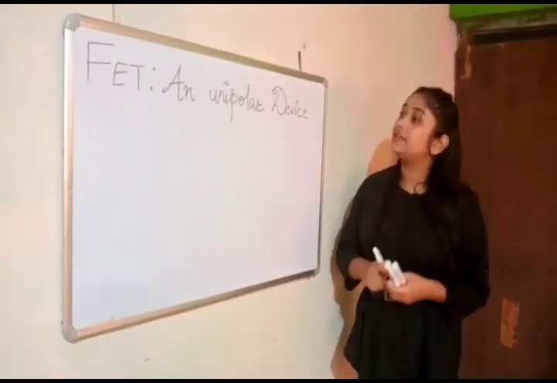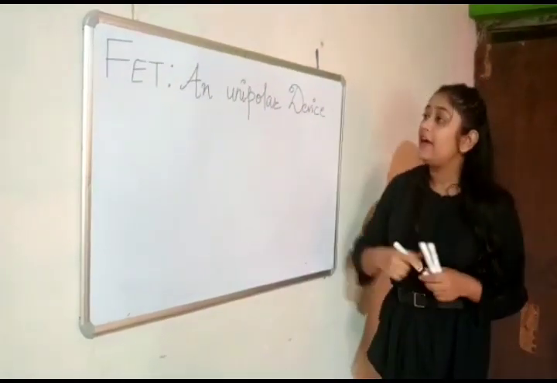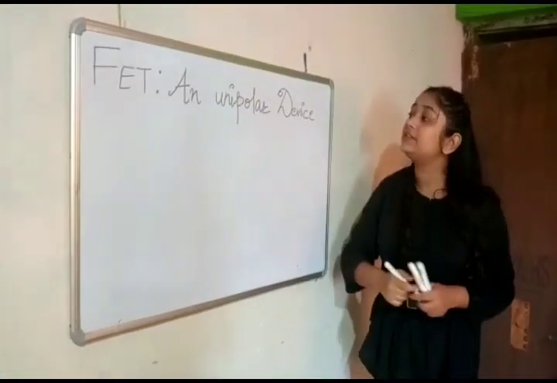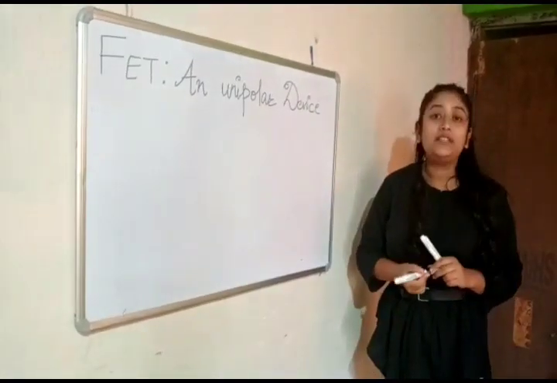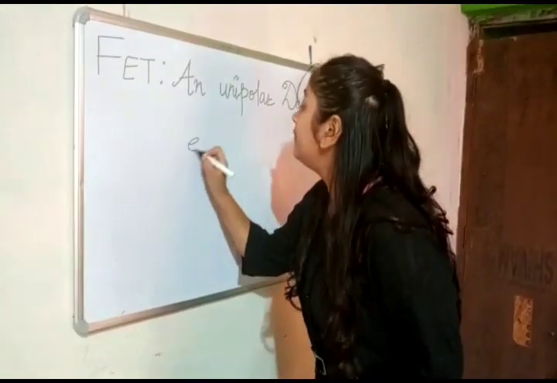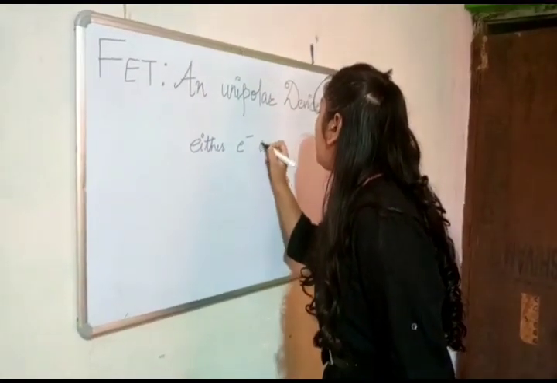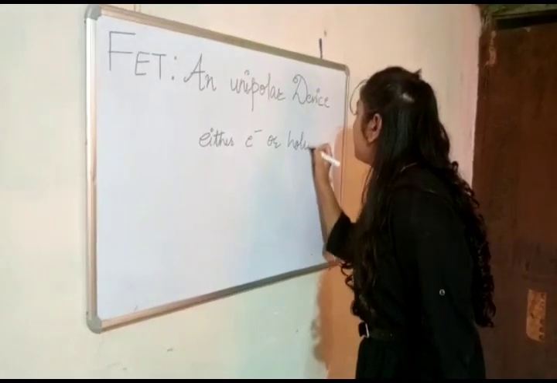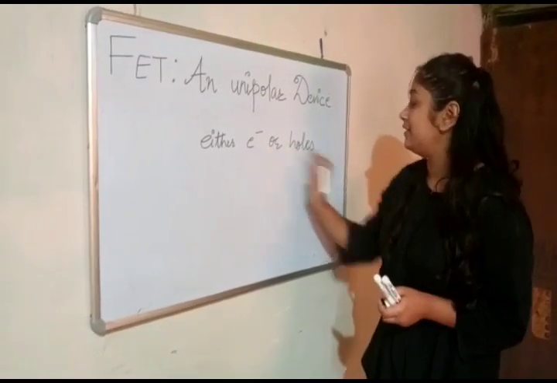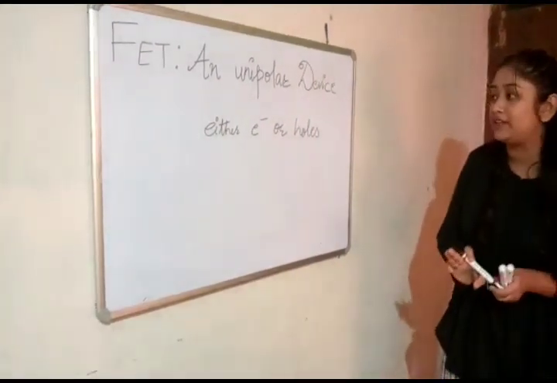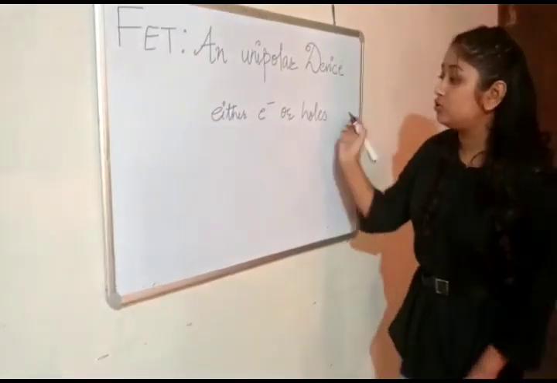So now let us discuss why FET is known as a unipolar device. FET is known as a unipolar device because in FET there is only one type of charge carriers which take part in the physical process, that is either electrons or holes. On this basis, FETs can be divided into two parts, that is